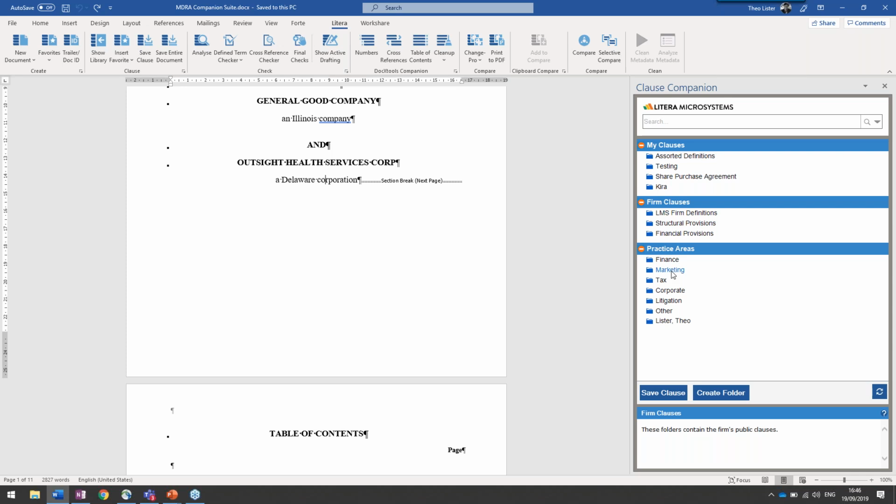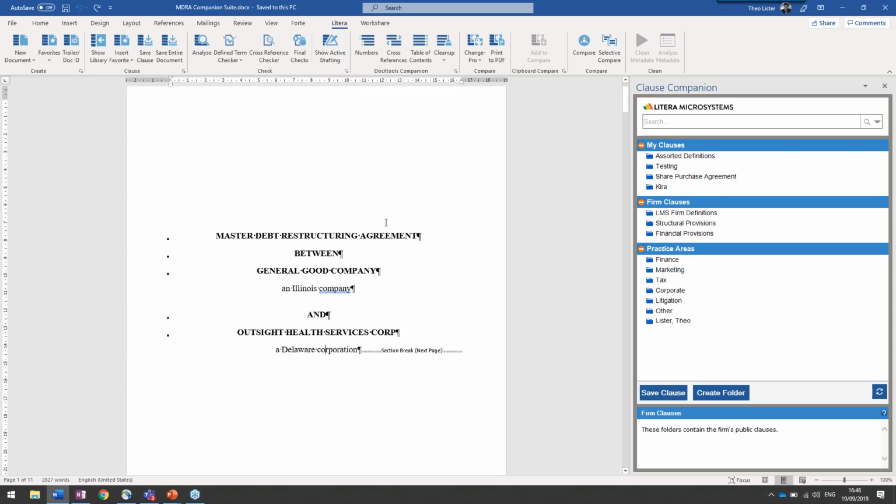So when I find myself in a situation with a document like this, of course, I will be referencing my clause library if there's new provisions that I need to bring into the document itself. I need to draft and I need to find a new restatement clause or something like that. I can always pull from here, but what we've been seeing, and actually one of the first questions that people started asking when we rolled out Clause Companion to them and we started seeing a lot of use from lawyers was, I know I can use this to save clauses, but can I use this to save an entire document? And the answer then, or the answer now and then was yes.